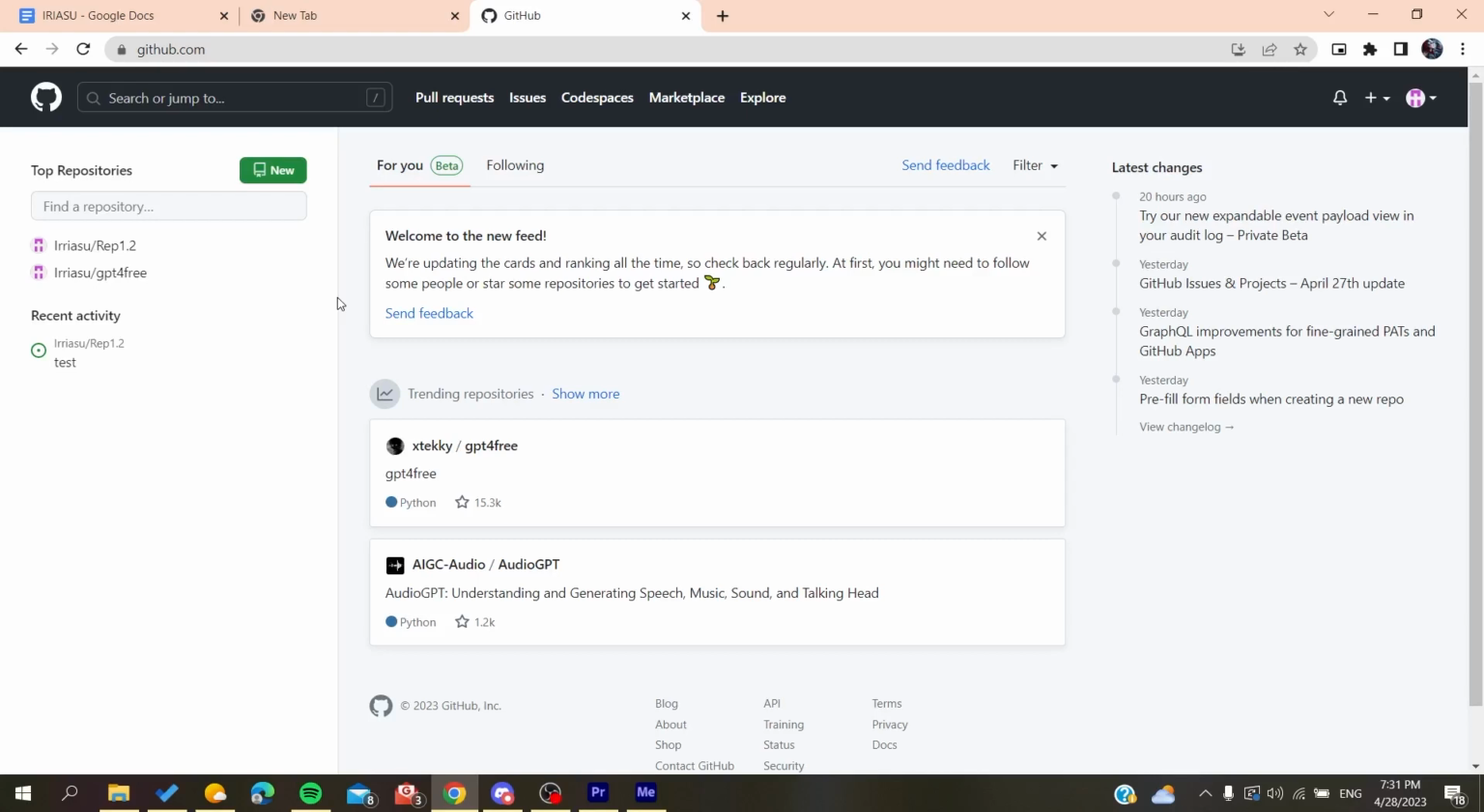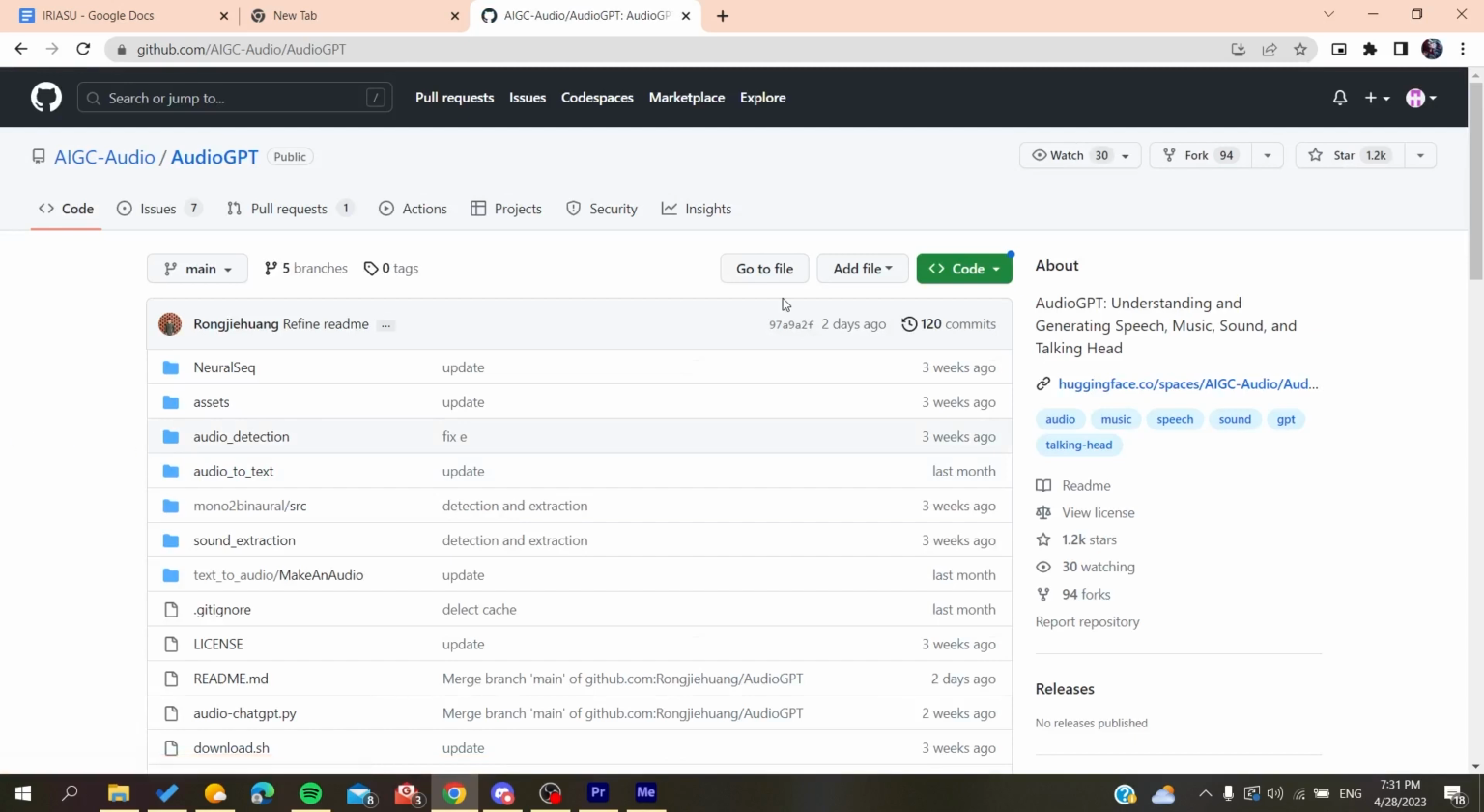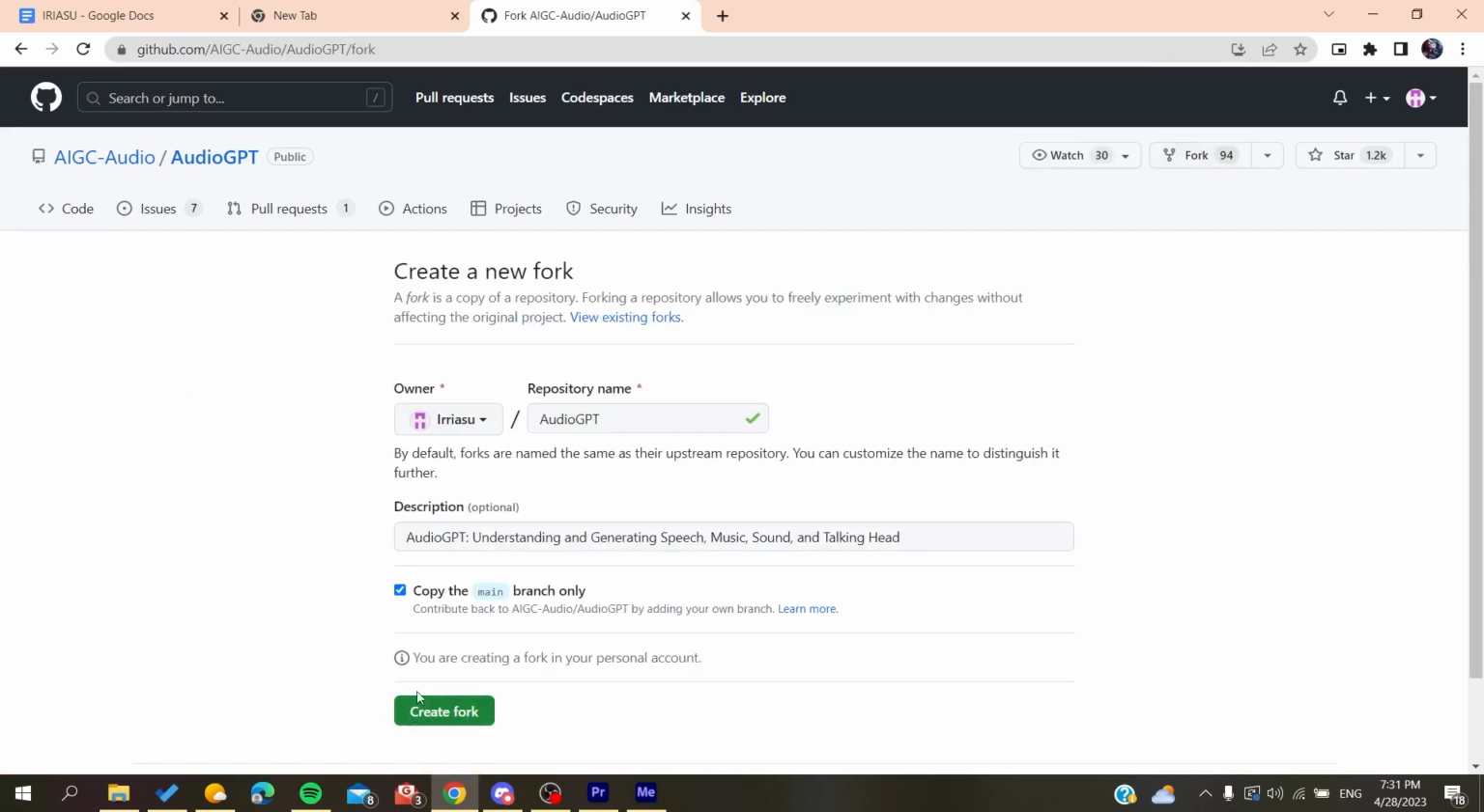And now after you log into your GitHub account, we need to go to the repository that you want to fork. For example, let's go to this repository that is called AudioGPT, and here we will find an option that is called fork. You click on it and you will have your repository that will create a fork on your own repository